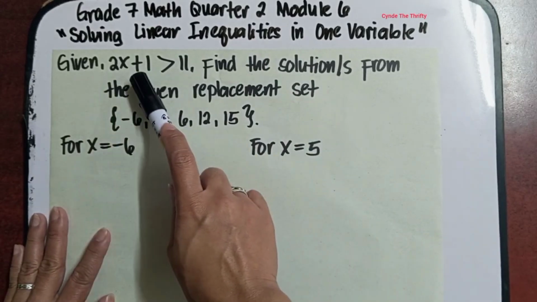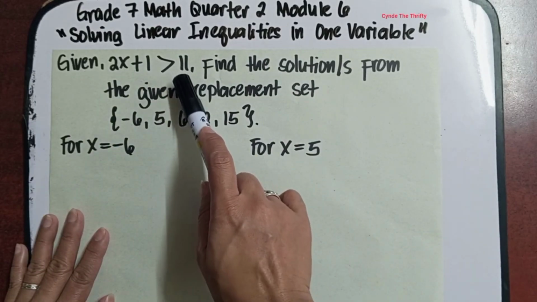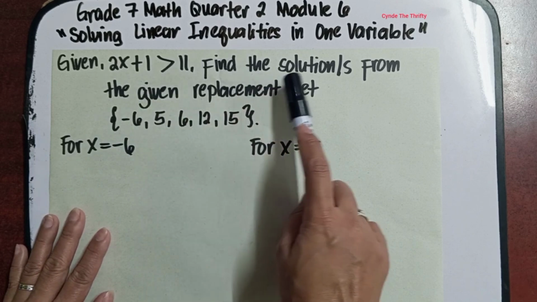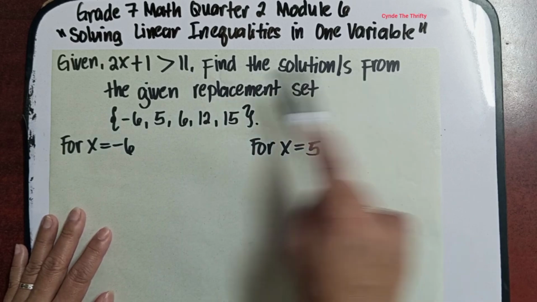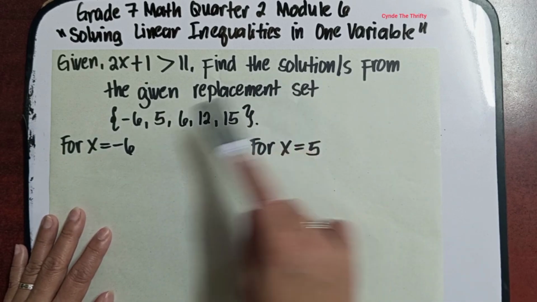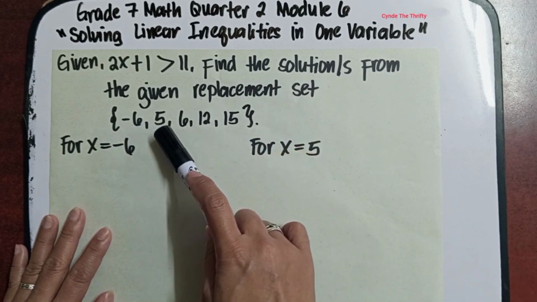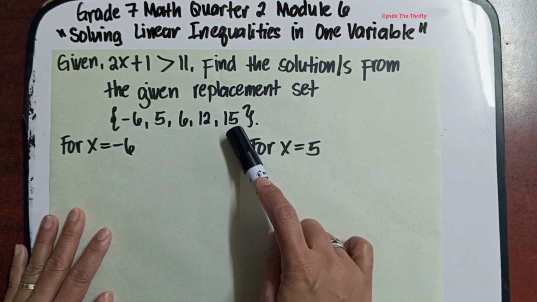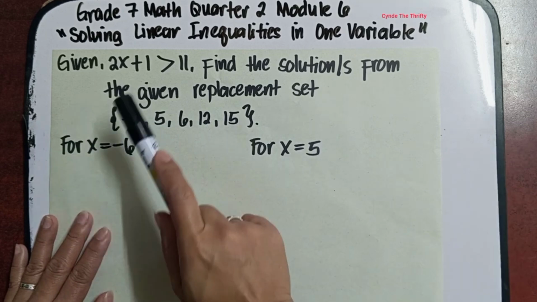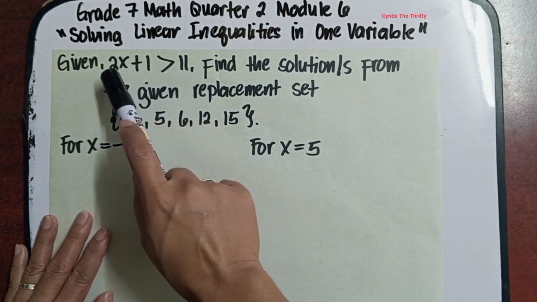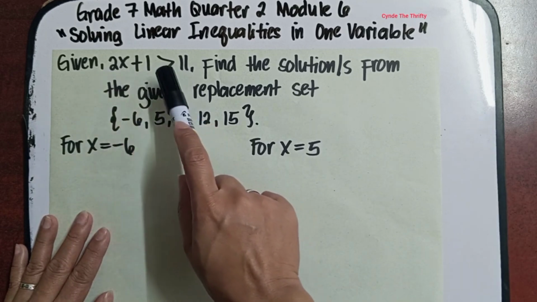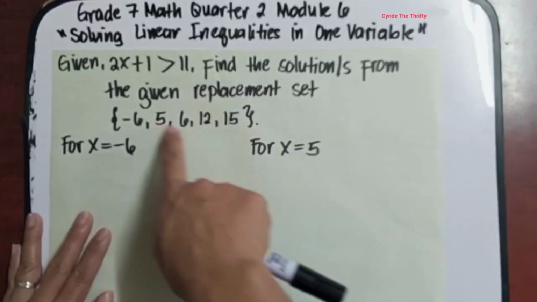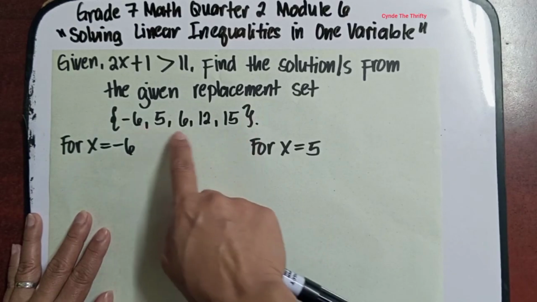Given 2x plus 1 is greater than 11. Okay, take note, greater than ang ating symbol dito. Find the solution or solutions from the given replacement set. Negative 6, positive 5, positive 6, positive 12, and positive 15. Okay, so isolve natin, hahanapin natin ang ating solution set sa ating linear inequality na ito gamit ang ating replacement set. So ngayon is isolve natin siya isa-isa para makita natin kung saan ba dito ang parte ng solution set